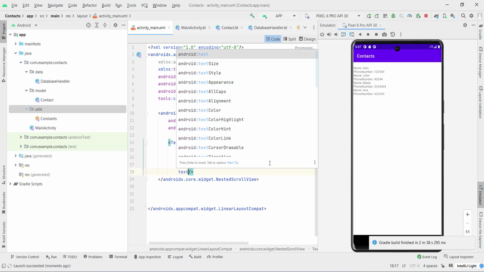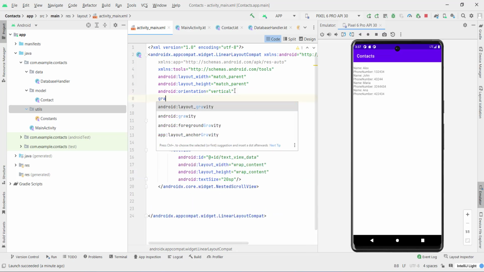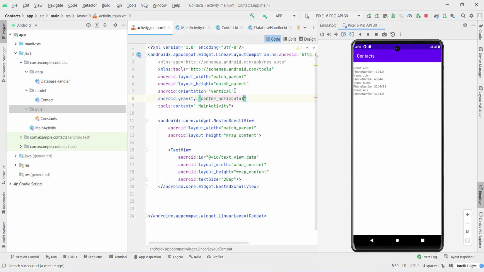So text view size to 20sp, and let's change gravity to center horizontal. Let's run our app again. Alright, so now we have all of our data and everything works fine, because we have name, phone number, John, and we have Anna, Alex, John, Anna, and we have it 2 times because I put text data append,